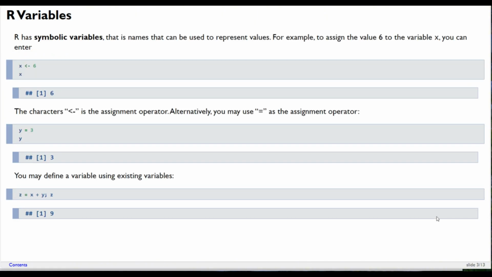So R has symbolic variables, which are names that can be used to represent values. For example, we can assign the value 6 to a variable x. We can use this expression. In particular, this operator is the assignment operator, less than and hyphen. So it's like an arrow. We assign the value 6 to the variable x, and immediately we can type x and R will return the